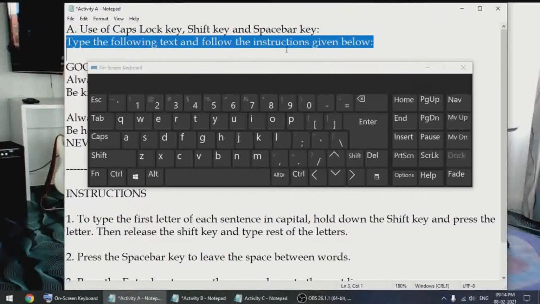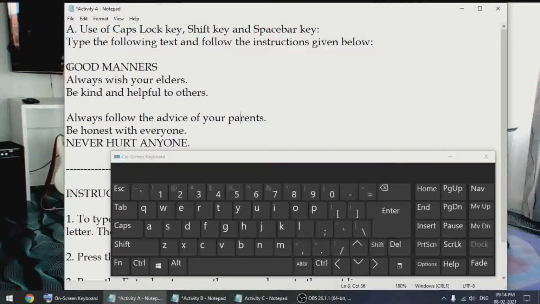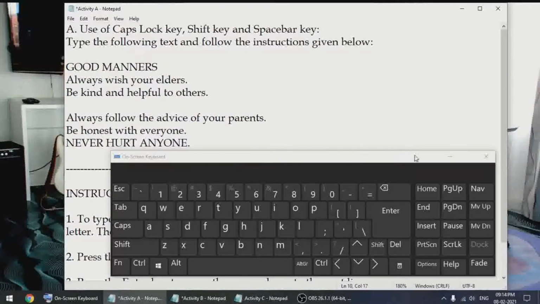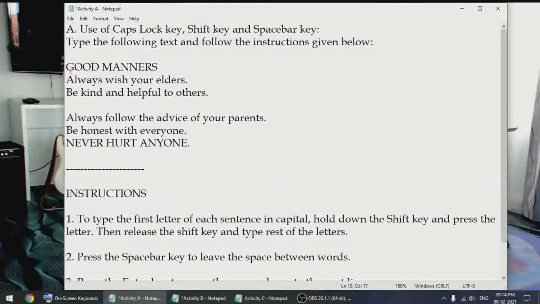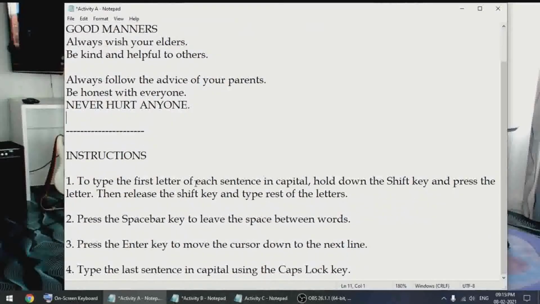Type the following text and follow the instructions given below. This text is to be typed and we have to follow these instructions over here. I've already typed all these, but still I'm going to explain to you what is the difference in all these sentences.